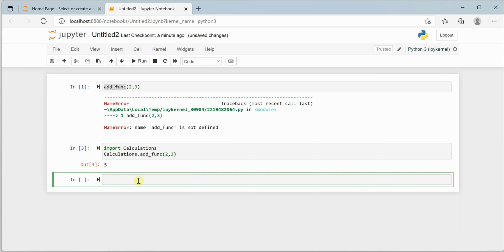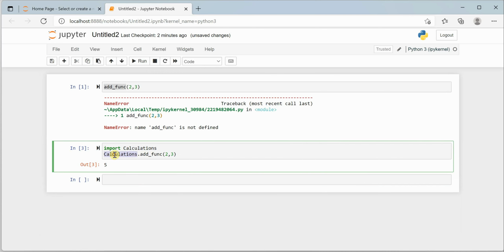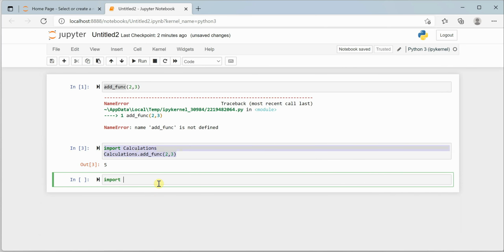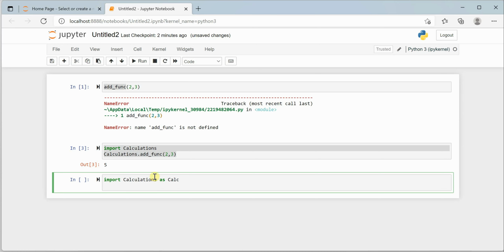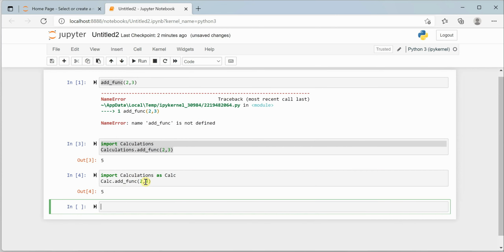Now there is another way to do the same thing. Let's say this file name is too big. Every time you cannot go ahead and say calculations dot this, calculations dot that. So why can't we give it a short name, an alias? Let me type it again. So this is the name. Going forward, you need not use the long word. You can make a call using the alias. Now if I give 2, 3, it would still work. We are just giving a shorter name to this long name. So this is one way.